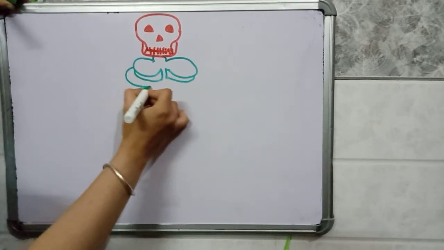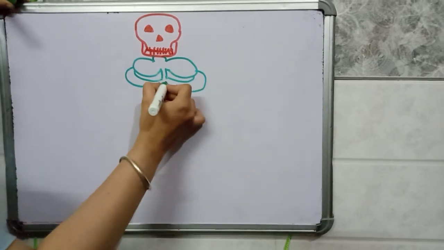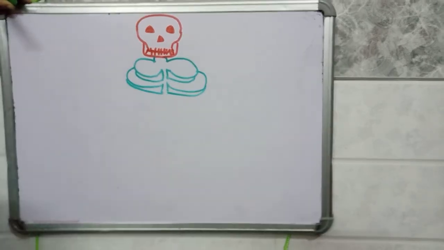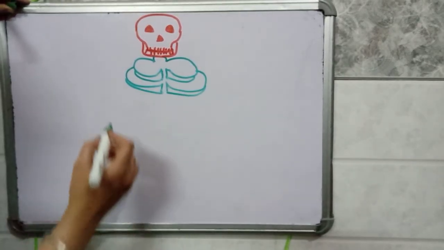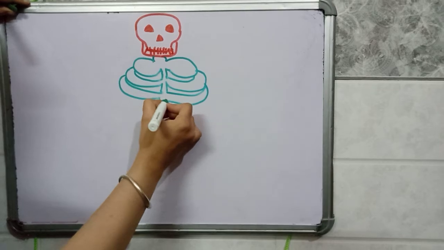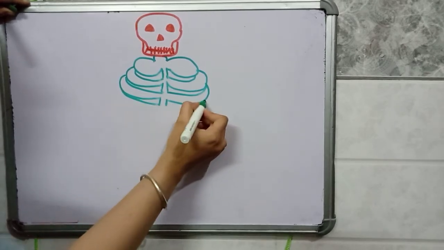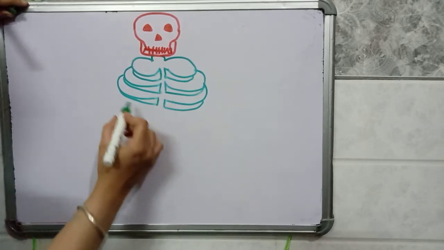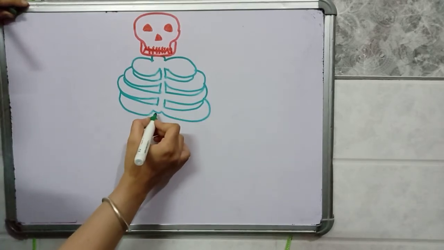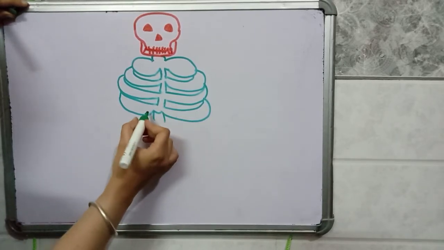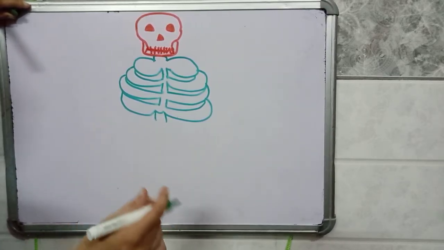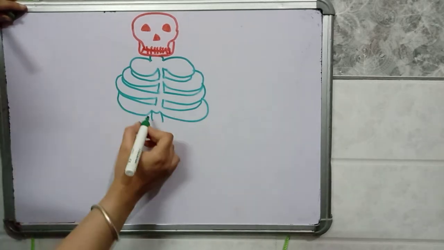Ribs are the part of human skeleton system which protects the delicate body organs like heart, lungs, etc. Okay. So here is the... now I am drawing the bones which support our upper body, and these are the bones on which you sit.